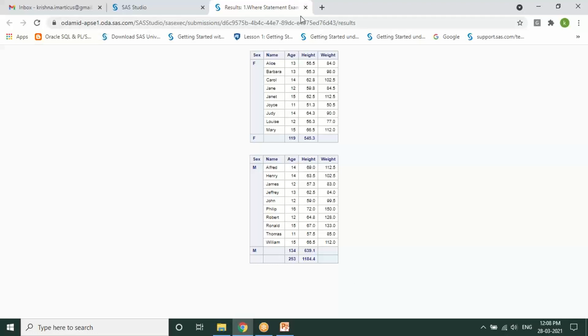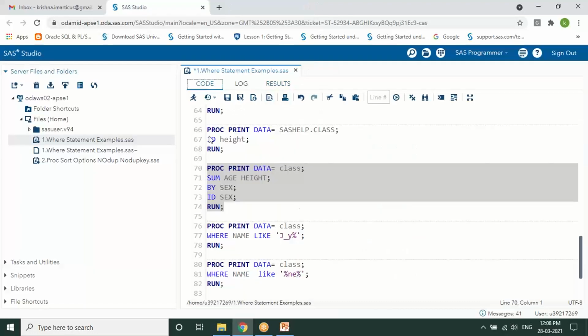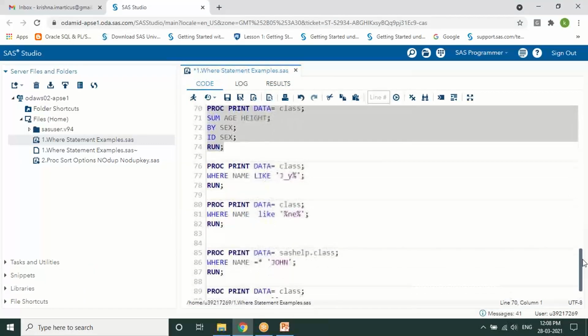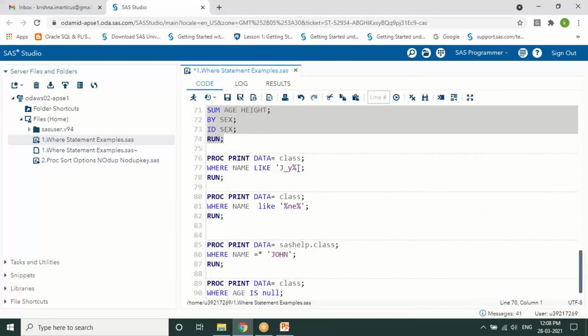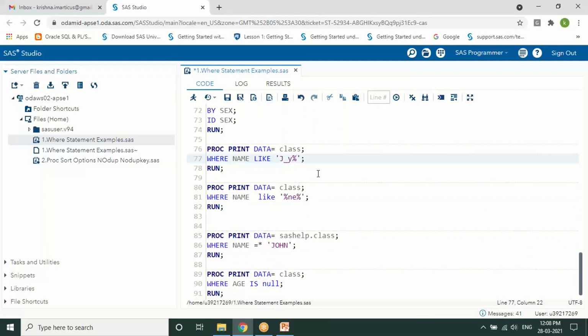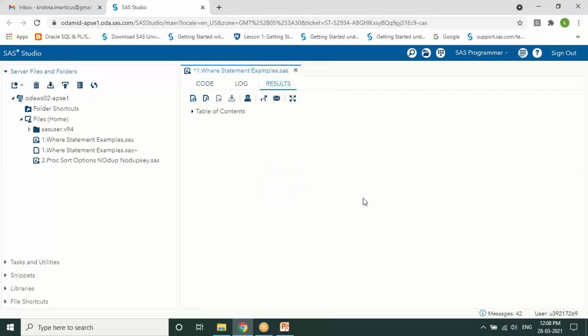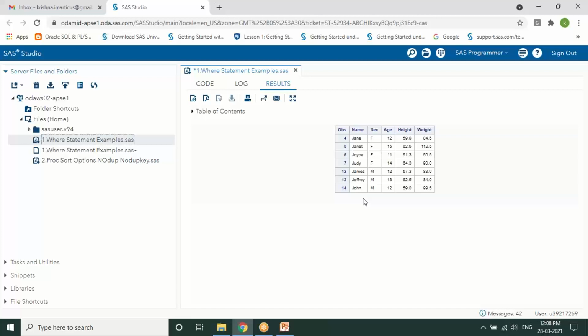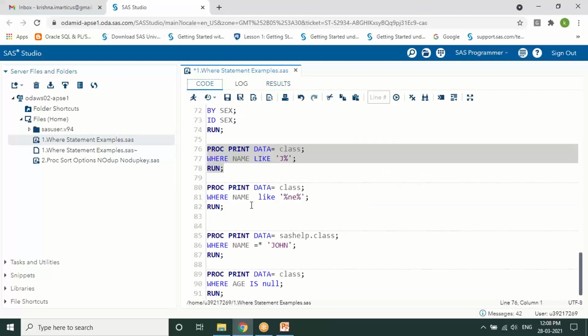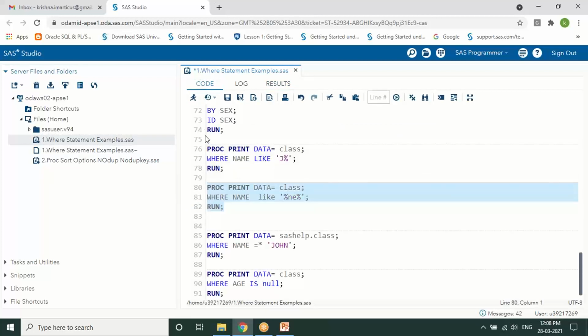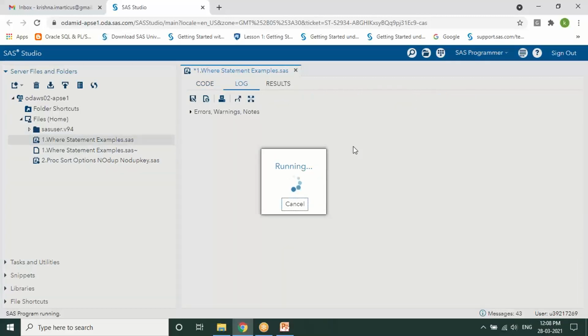Okay. And next one is the LIKE operator. I think most of you know them. LIKE is an operator which can be used for finding a specific pattern. So if I wanted to replace one character, or I wanted to start my data with J, percent replaces any number of characters. Any data starting with J, any data starting with something and ending with something, or in between something, you can make a combination.